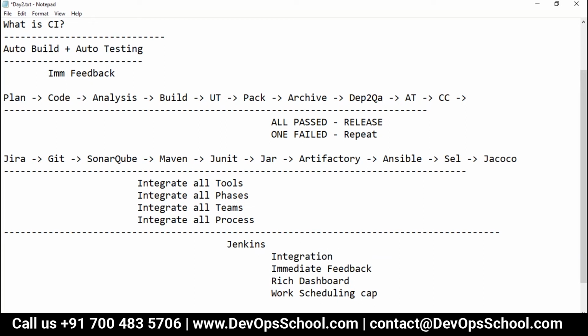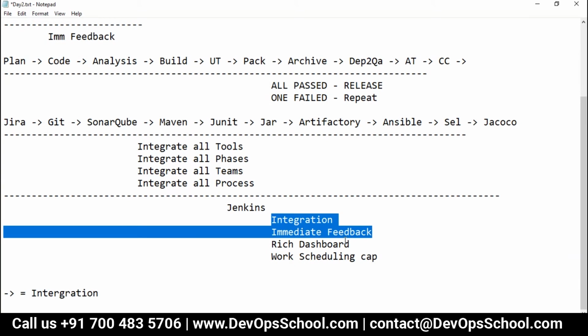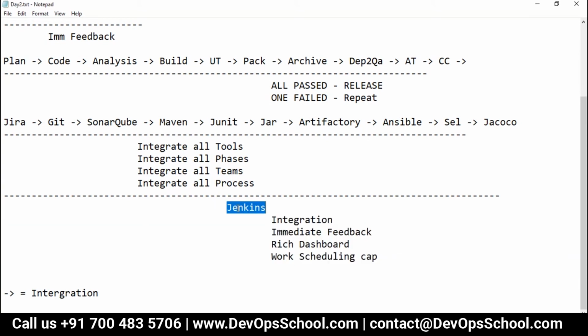So many features it gives you. So we use Jenkins for the same reason.